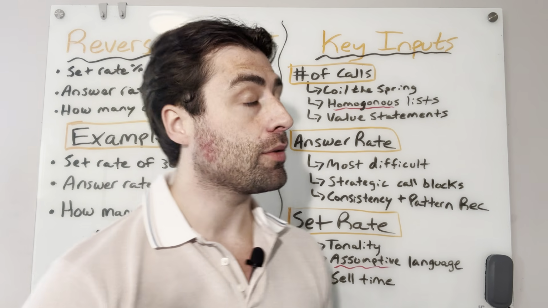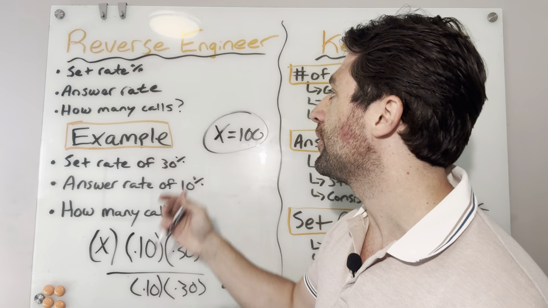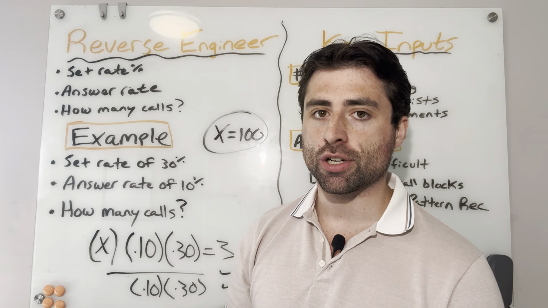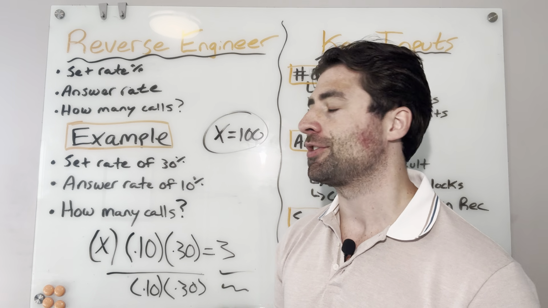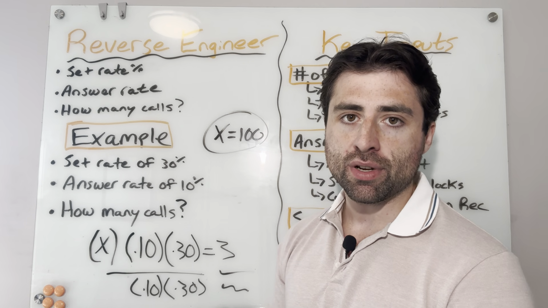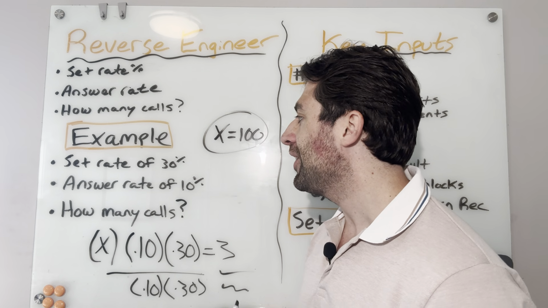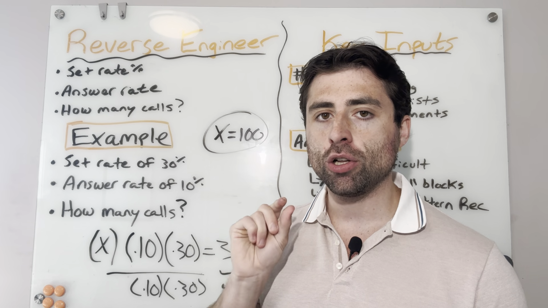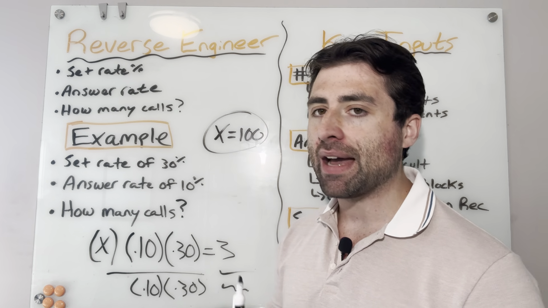So now your question, what you should be focusing on is how do I consistently make 100 calls a day, knowing that these are my metrics? In reality, you don't actually have to do this on a piece of paper. It's pretty easy to actually just plug this into your calculator and figure it out. But you only need 2 out of the 3 variables to figure things out. But the most important part of this exercise is to realize how small incremental improvements in any of these key inputs make a massive difference.